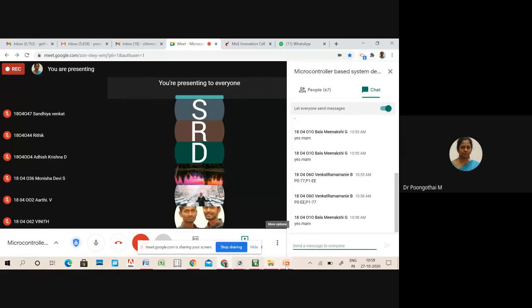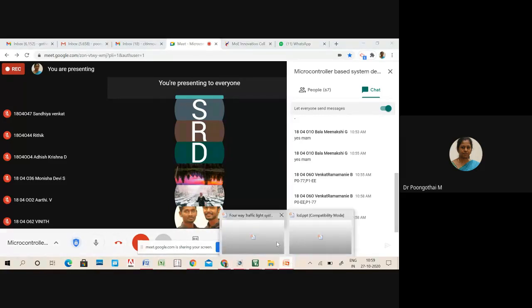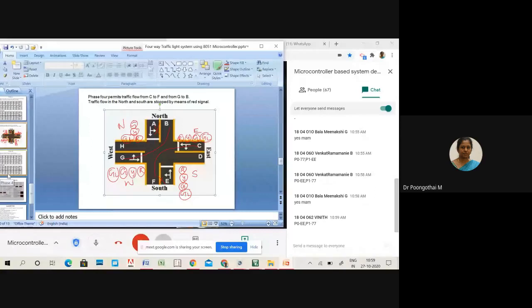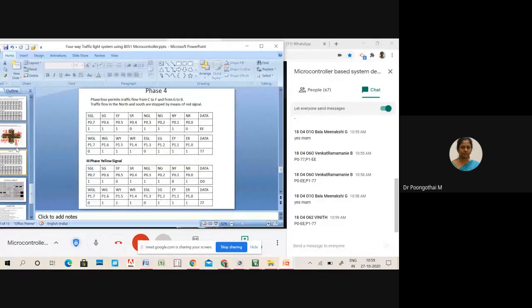So what is the answer? Vinith. Okay. So phase 4 is EE77. Here, look, the north red signal is turned off and the south red signal is turned on.